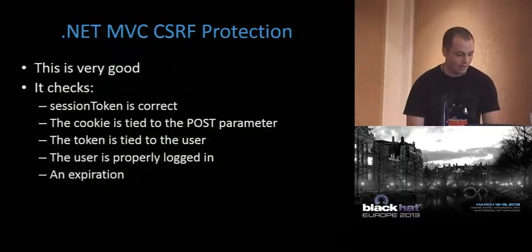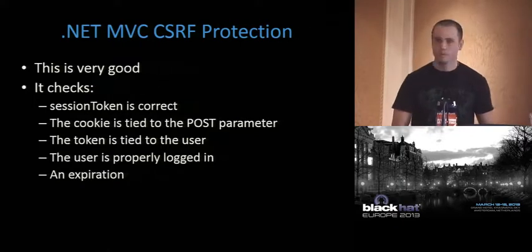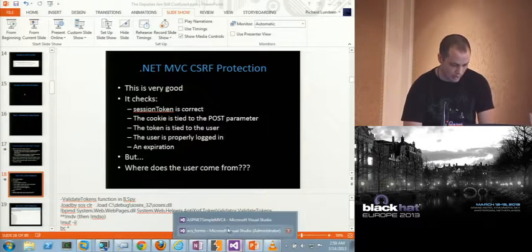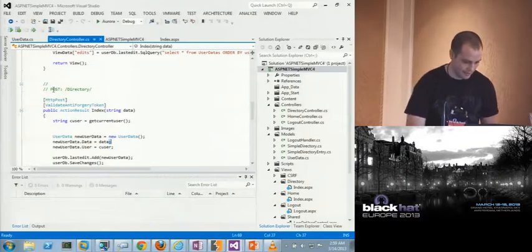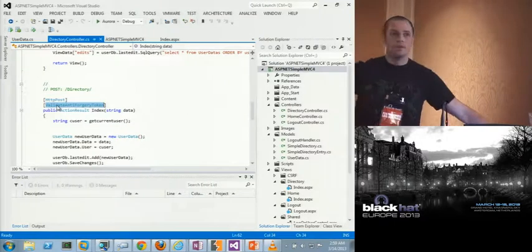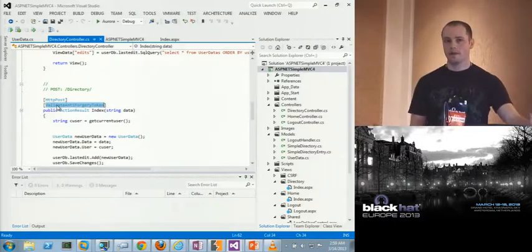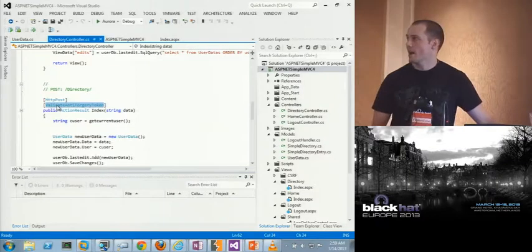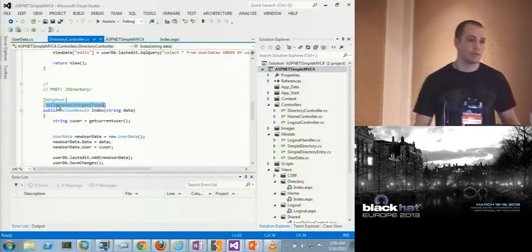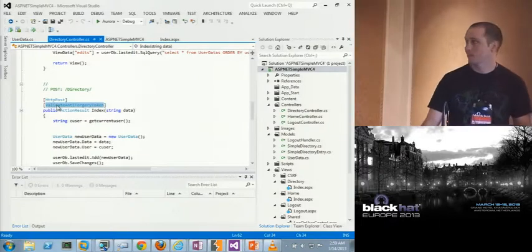So, .NET MVC CSRF protection. This is my favorite CSRF protection, so I'm covering it in the most depth. I have this web application. Before the talk, I was trying to increase the font, and I couldn't figure it out. But that's okay. This is the only small font. When you read most things about how you prevent CSRF with a .NET MVC app, they tell you to add this validate forgery token to the controllers.